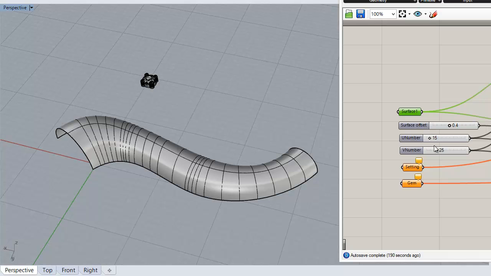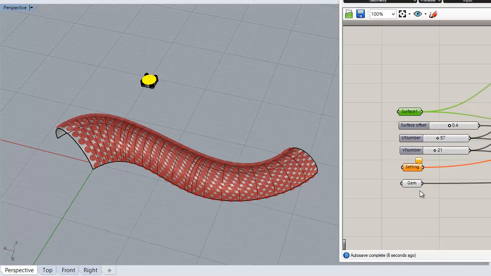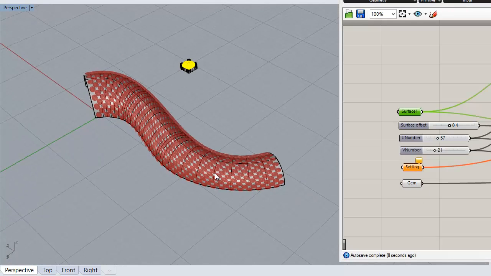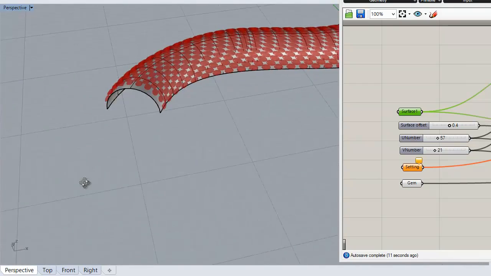Start with lower numbers, because you've got to figure out what you're doing. I'm going to go about there somewhere. And I'm going to set a gem inside this. So I'm going to grab that gem and I go set one mesh. Right, so you can see how quickly that laid out an array of gems over that surface, following the surface